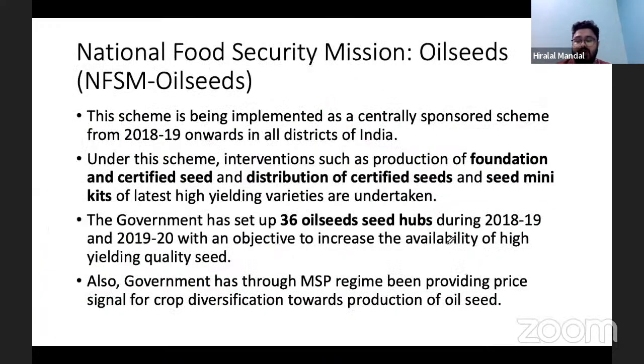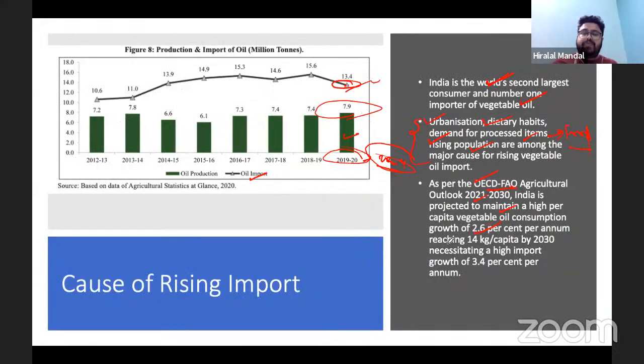So therefore, the demand will continuously rise for vegetable oil. But if we continuously depend on import,